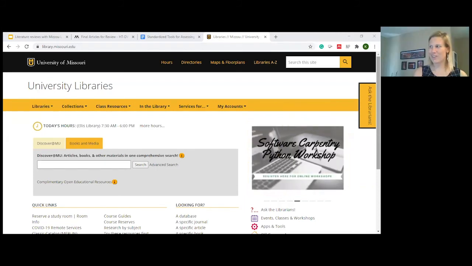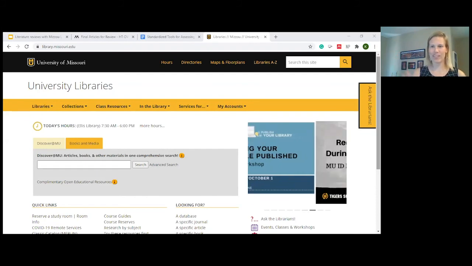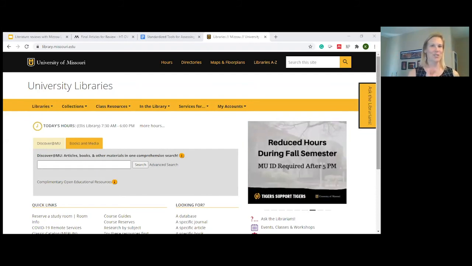Yeah, finding a journal. I know a lot of fields have a very specific 1 or 2 journals that they follow. In applied behavior analysis, they have a journal called JABA, and that's the one journal that they are really into. So everyone has to read everything in it every time it comes out.